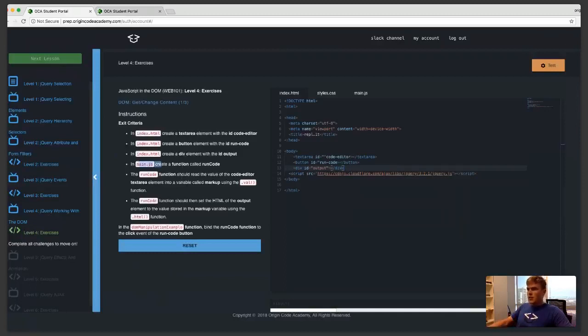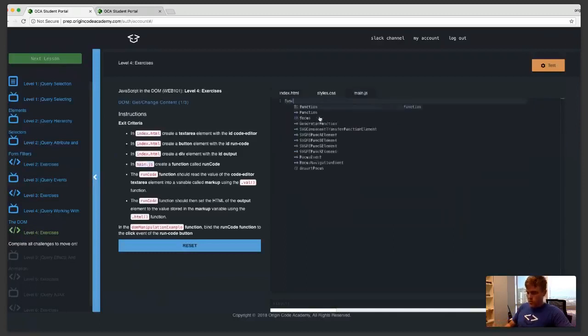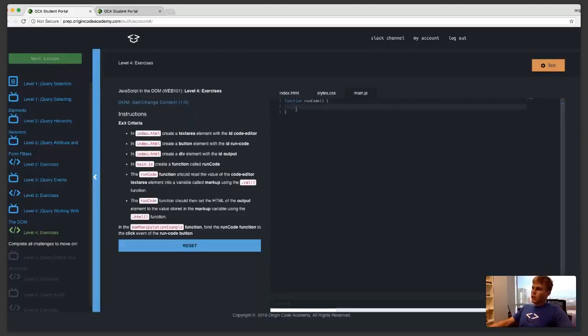Next, in main.js, create a function called runCode. All right. Function runCode. And it should read the value of the code editor into a variable called markup. So var markup, using the .html function. Okay, so first we'll declare our variable, and then we need to grab the HTML value of our output element. So we'll use our favorite ID selector and select the